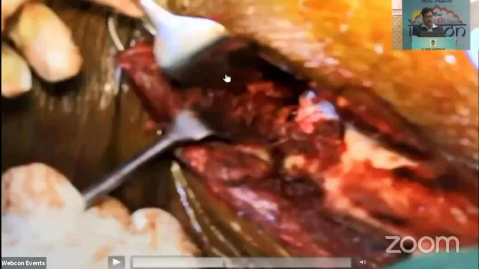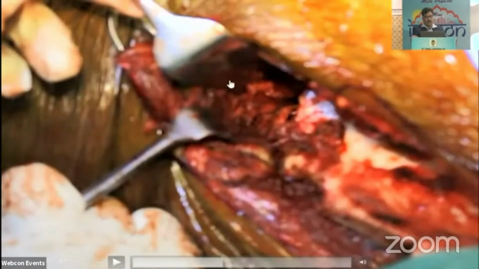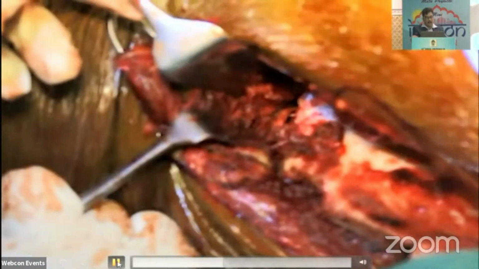The fracture portion is being cleaned. Now you can see this is the fracture portion. This is the proximal, this is the distal one, and this is the fracture part. Inside it, there is tissue.